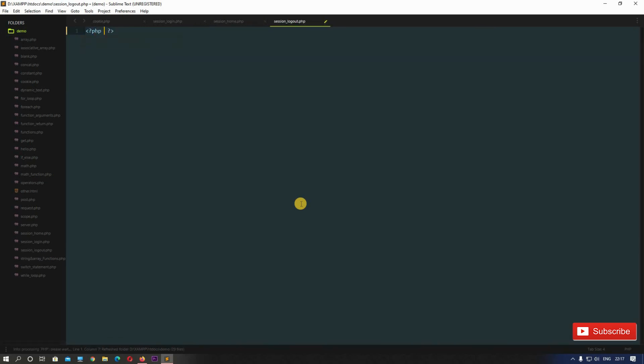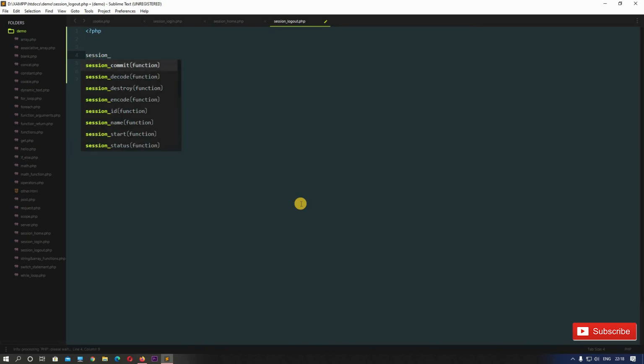Okay, so now we have our third file, session_logout.php, and here we will end our session variable. We will destroy our session variable so that we can log out. For that also we need to start the session here. Wherever we are using the session variable, whether we use it to destroy the variable also, in that page also we need to use the function session_start. We need to use it in every page where we want to use our session variable, guys. It's that simple. So here I will write session_start.